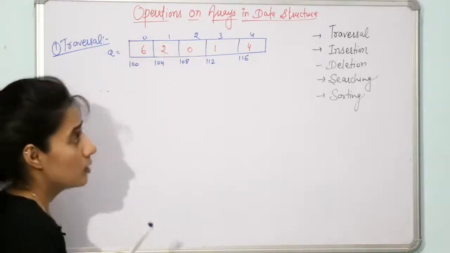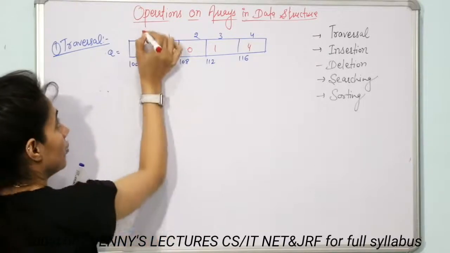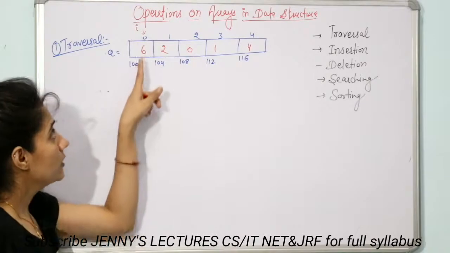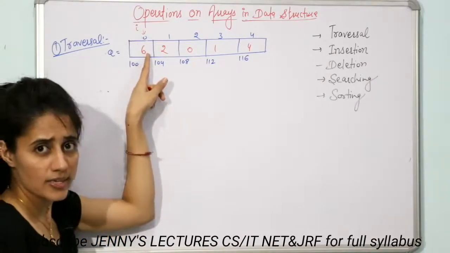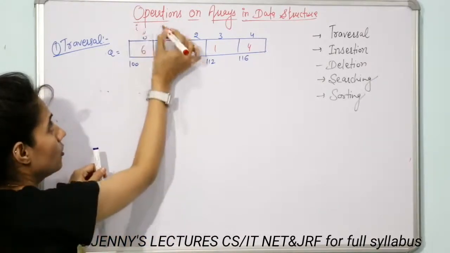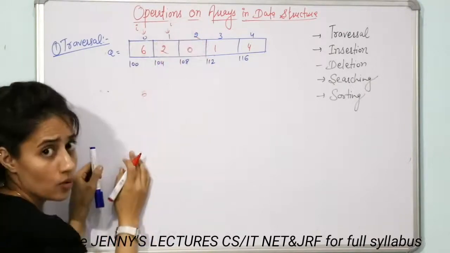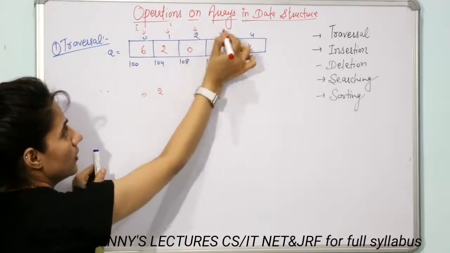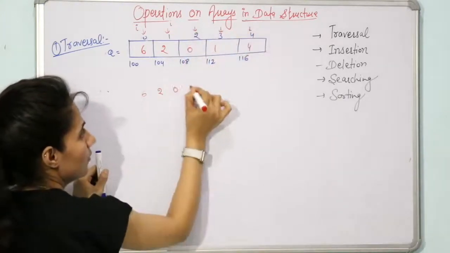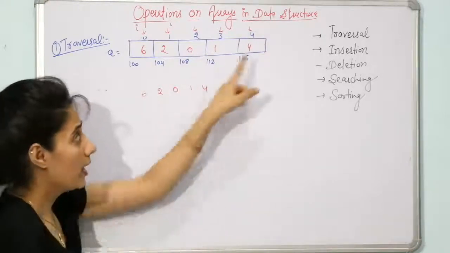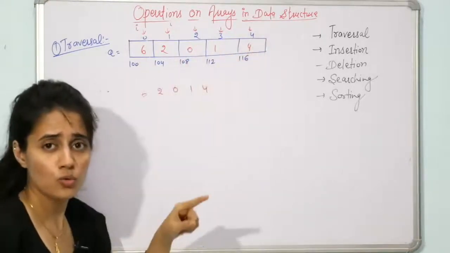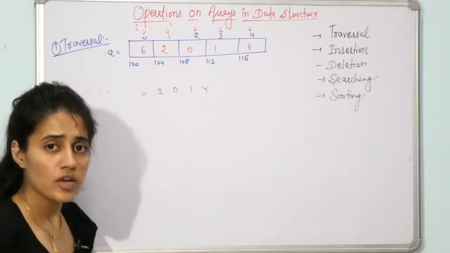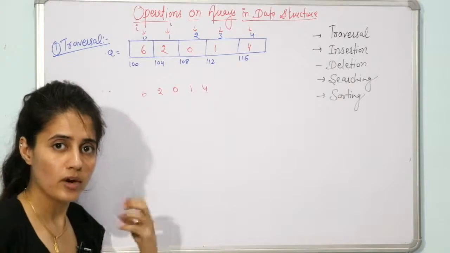Fine. So see now how we are going to traverse the array. We are going to take one variable I started from 0. Now we will see what is there at this place: 6. We are going to print this 6. Now this I would be incremented. I is here now. Now here what is the value? 2, then 2 would be printed, then I would be incremented, and like this the values would be printed, and I would go from 0 to 4, that is from 0 to size minus 1. The size of array is 5, so size minus 1.